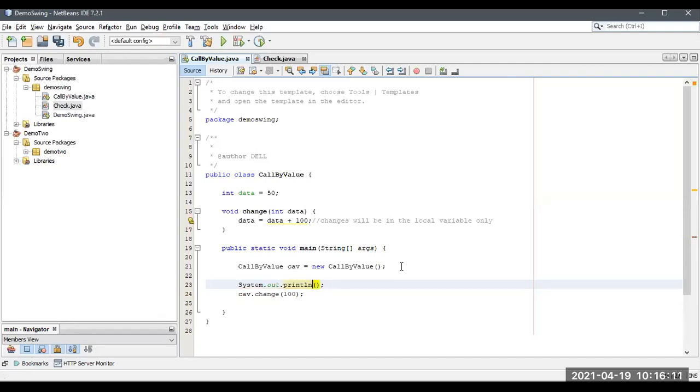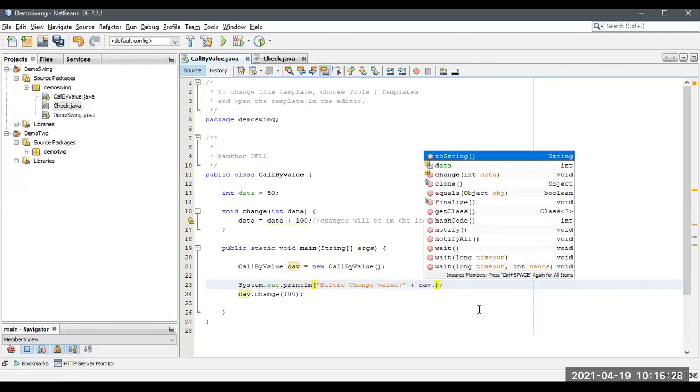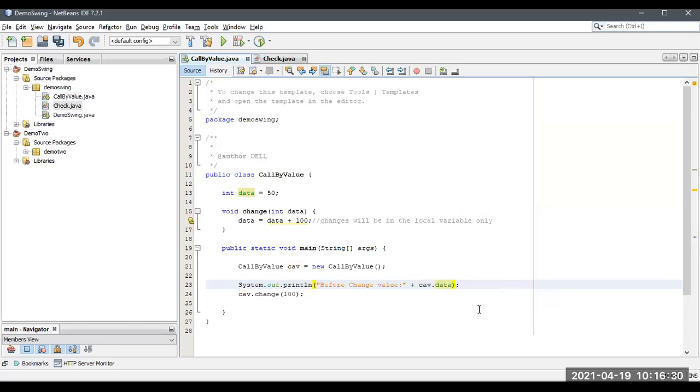So this is before change, the value of data before changing. Let me take it as a plus. What is the object name? CAV dot data.